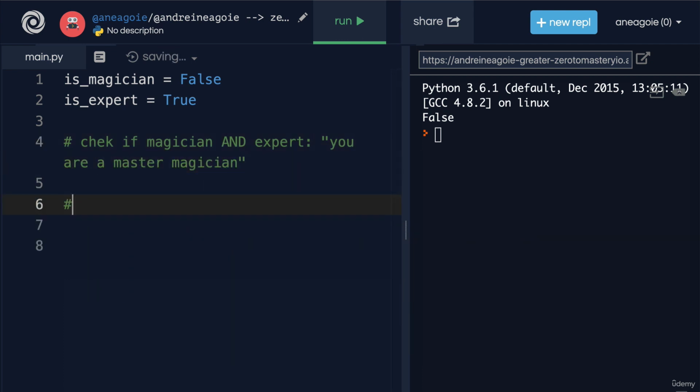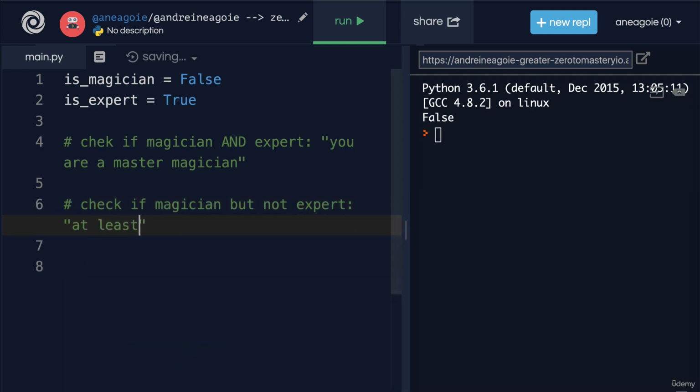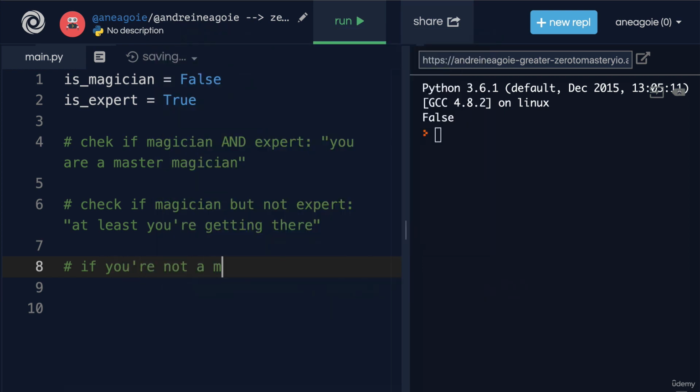And also I want you to check if magician but not expert. If that's the case, I want to just print at least you're getting there. And then finally, let's do a check that says if you're not a magician, I want you to say, well, you need magic